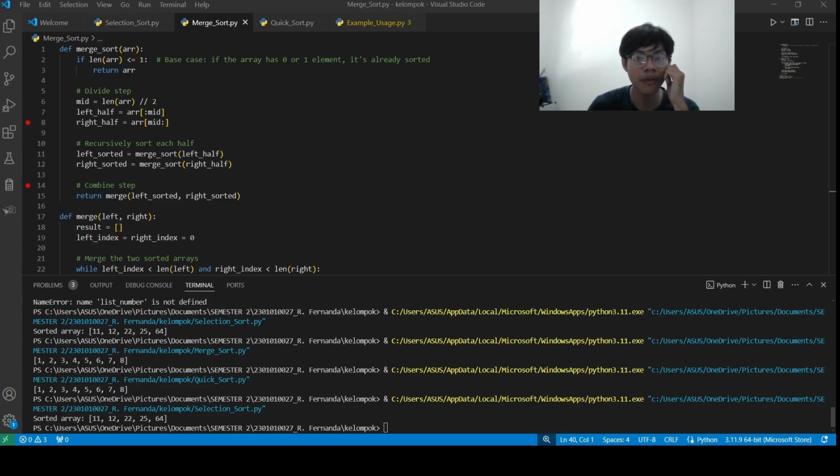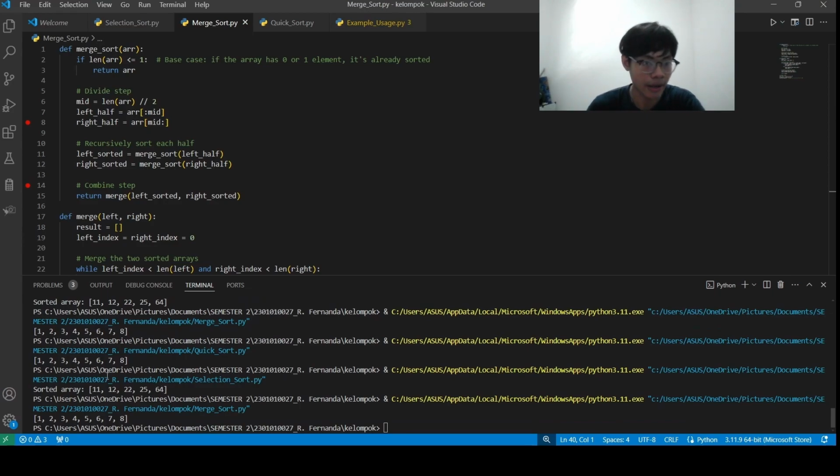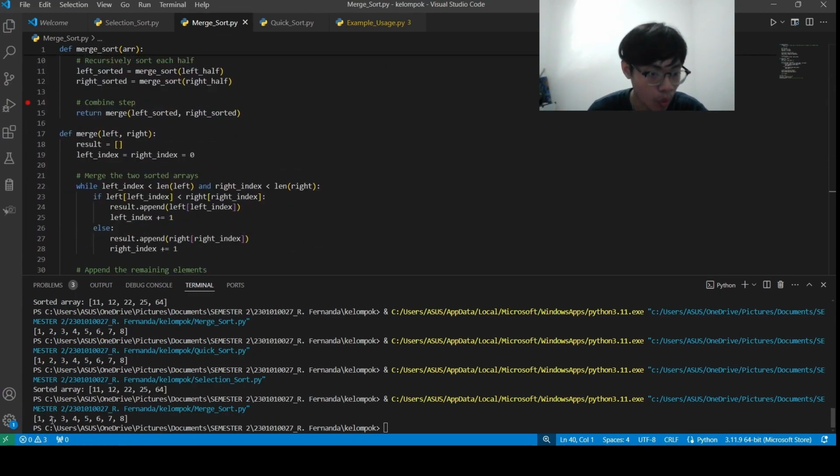And now we will run the code and see if it works. And as you can see here, we can see the numbers that we have inputted, and it's gonna be 1, 2, 3, 4, 5, and so on. And that is merge sort for you.